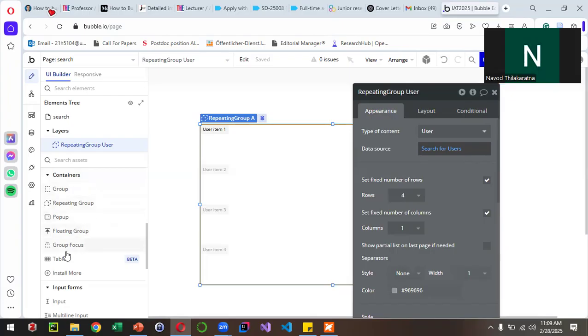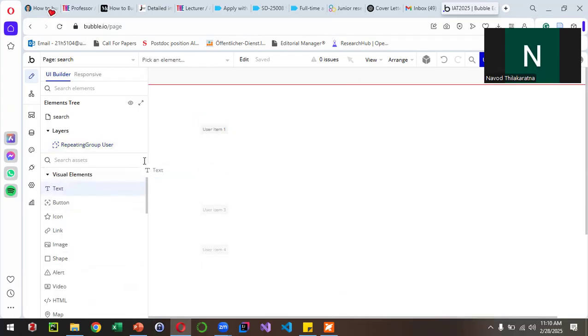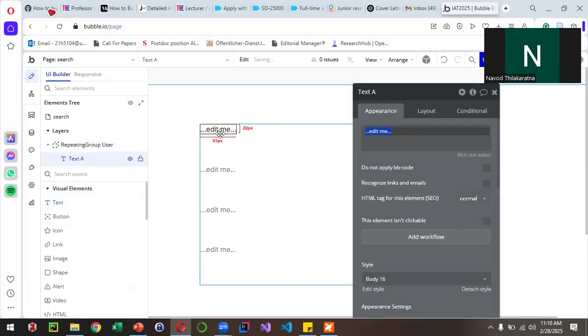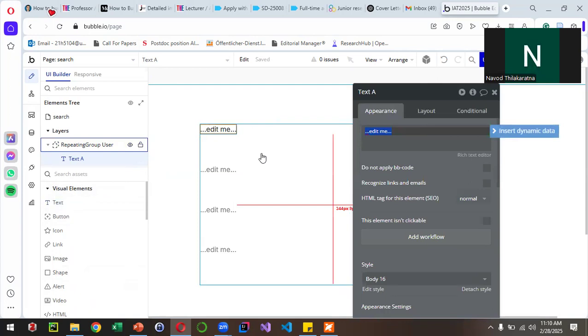So after that, you need to drag and drop one text element into the first row of the repeating group. Do it like this. Then you can see it will appear like this. Right? It appears like this. So